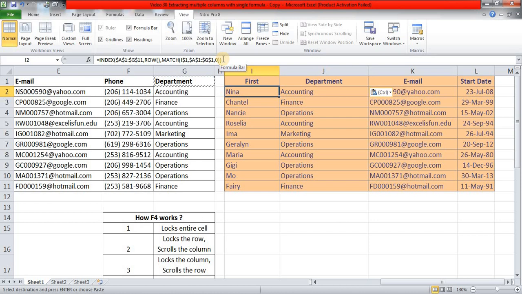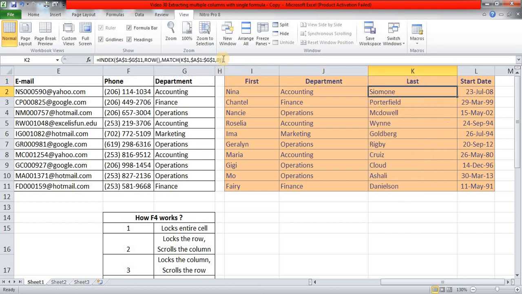We have simply used one formula and we have made it dynamic in a way that the moment I change here the column label, you get the details of those columns. So instead of say email, if you want last name, so last, and here it is. Okay, so this is how you can use INDEX and MATCH.